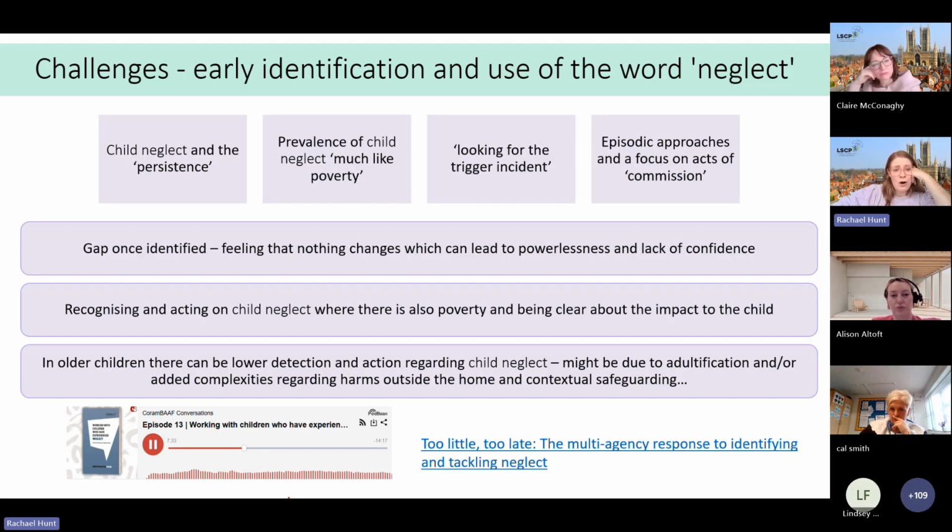As I mentioned before, often we can look for that trigger incident and think, okay, this is really serious now, I need to make a referral. And I think it is really hard because we've got lots of people on the call who will probably be thinking, well, I want to make a referral earlier on, and maybe it's not getting accepted. What I would encourage you to do is look at the scales. Think about making sure, if you've got a chronology, sharing every single piece of information on that call